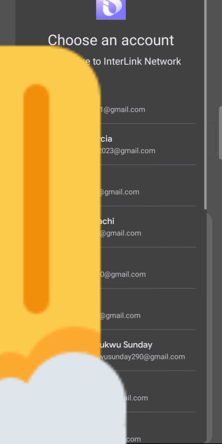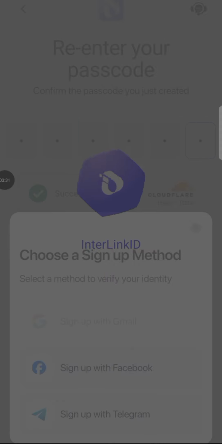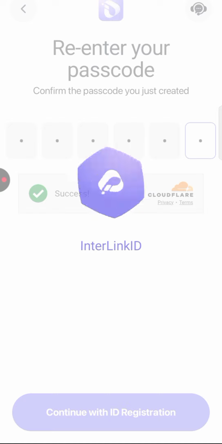Just a little while. Okay, you can see, it will bring a lot of emails for me to select the one I want to use. I just selected one now, so let's give it a few seconds to load. I think the network is kind of bad here because of the rain. The weather here is really bad, guys. The rain dealt with us this place today, but it's all good. It doesn't stop us from making what we want to make.